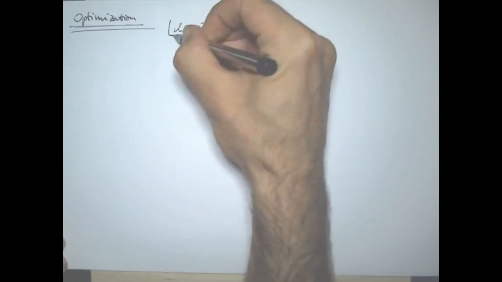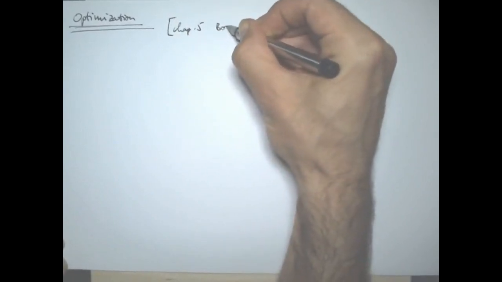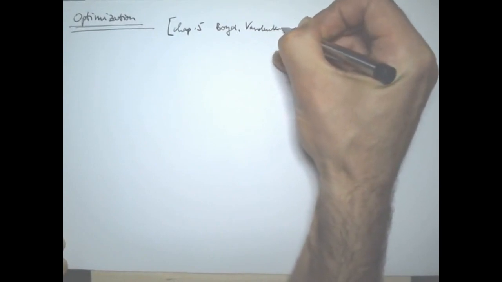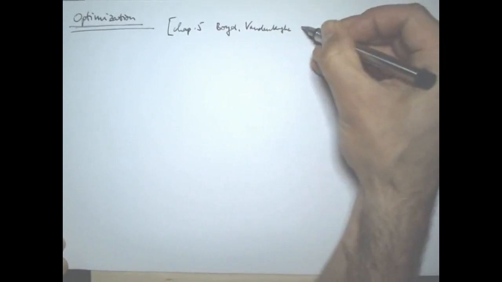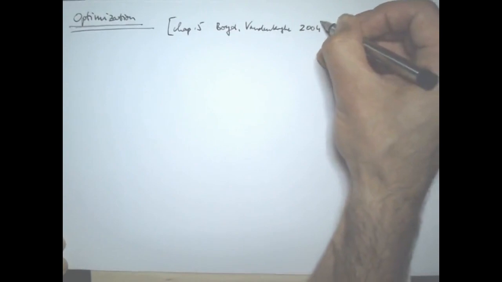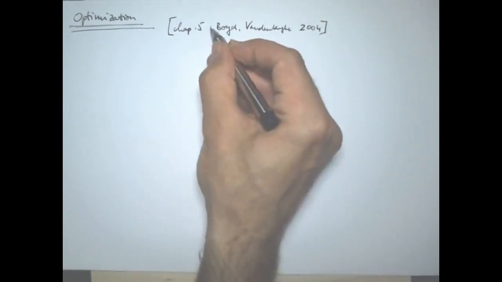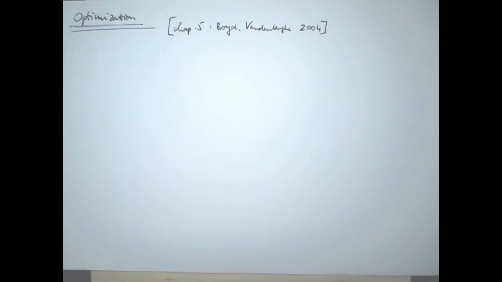in the fine book of Boyd and Vandenberghe. That's Cambridge University Press in 2004. And the second part of today will be about linear programs, and I will give examples